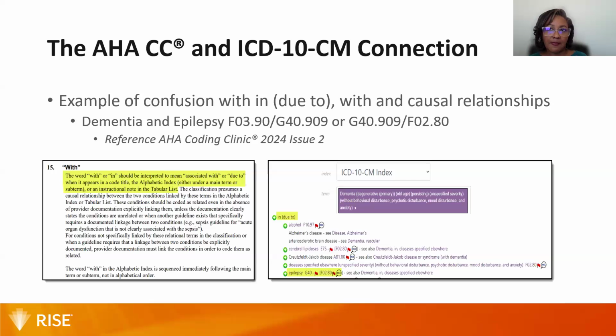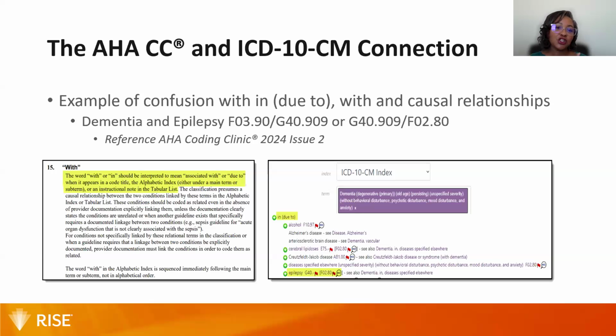F03.80. Now, a question was submitted to the Coding Clinic. Is it acceptable to make the connection when the provider has not connected them? So your documentation is going to drive this. However, Coding Clinic has advised that in the absence of the provider making that causal relationship between dementia and epilepsy, you would actually code